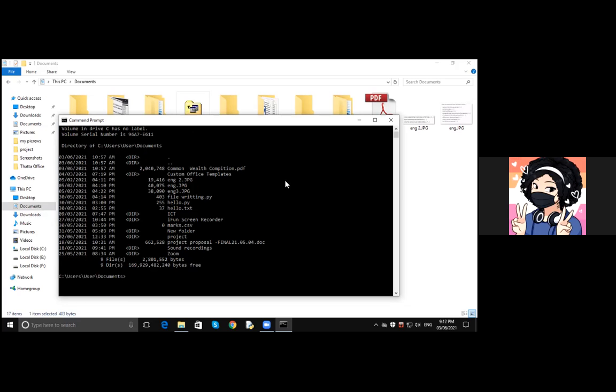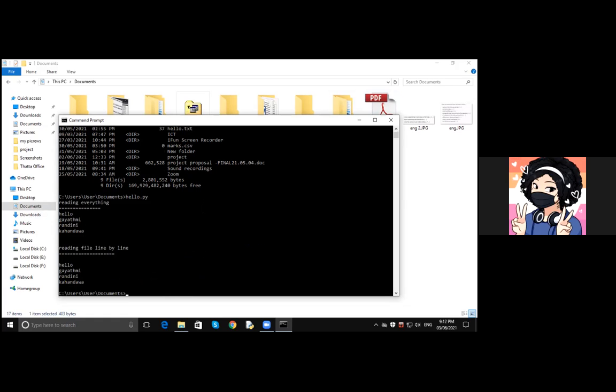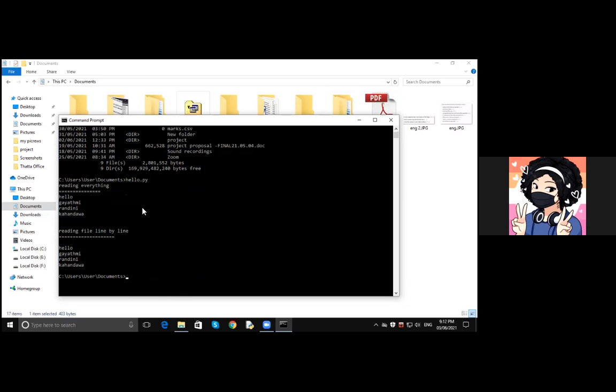Now you know the file name. The Python file is like hello.py or anything. You can execute that. Just type the file name hello.py and press enter, and it will run the file. You can see it's reading the file, and you can see the output. So this is how you run. File writing also you can run like this, right? Okay, thank you. So let's go back